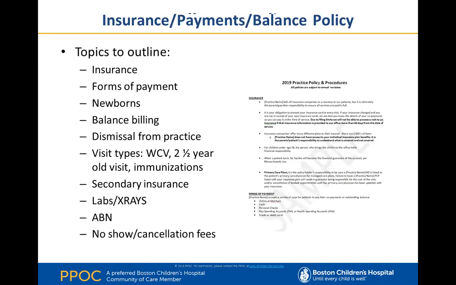I recently had a practice that had billed out to a commercial insurance. The family did not indicate that they had any type of secondary coverage. They came back many months later stating that they had a secondary insurance at the time of the visit, but the practice had missed timely filing, and now the parent didn't want to pay the balance because they had another insurance. And so these are the type of things that happen, and having these policies and procedures and ideally getting signatures on these really can help you when somebody comes back and says, I didn't know that I needed to tell you that I had another insurance. I didn't know that you would bill me for something that wasn't covered by my insurance.